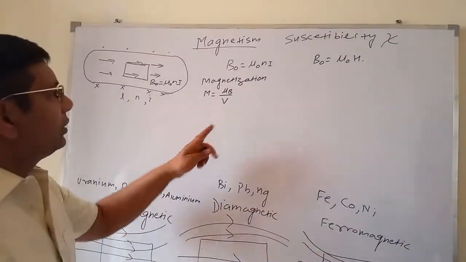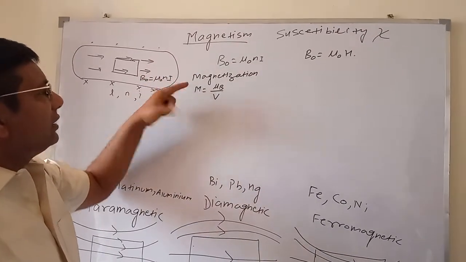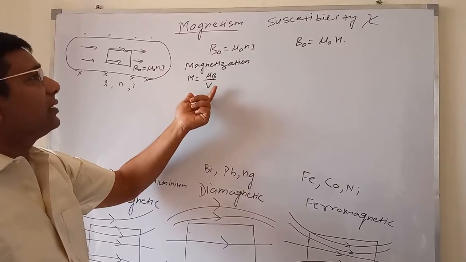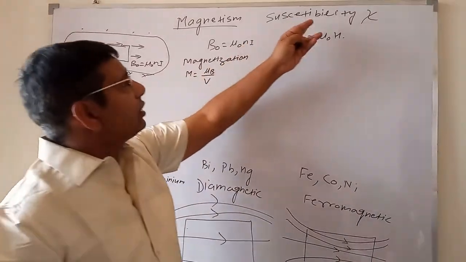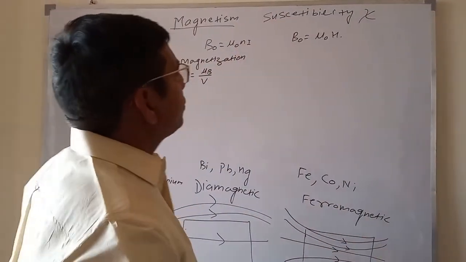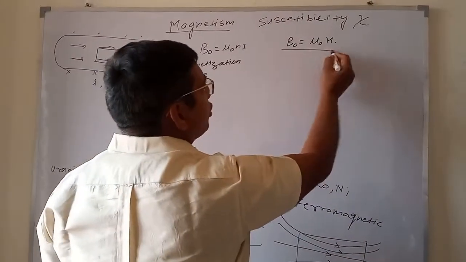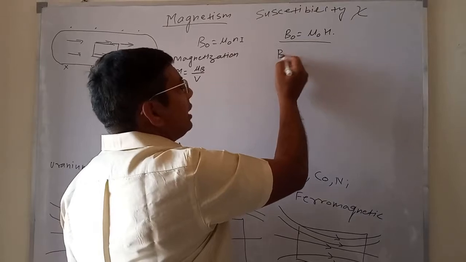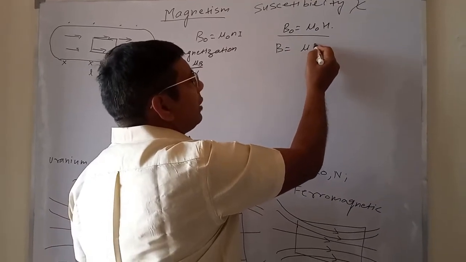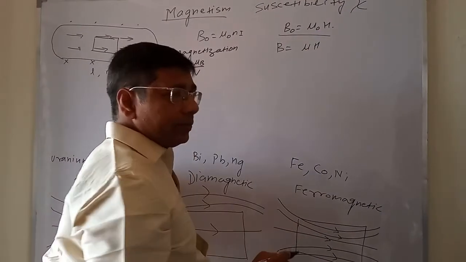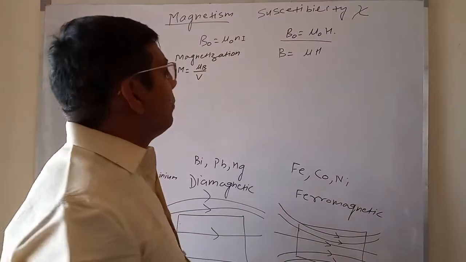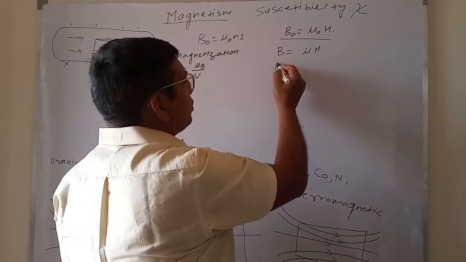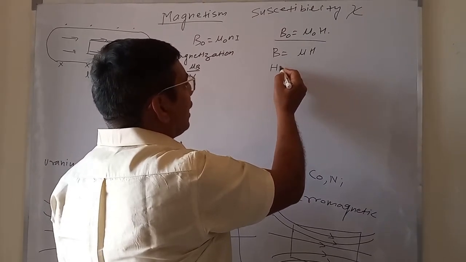Okay. So what does this say? This gives us information about how much the medium is magnetized, right? So we can define it here. Now we again come to susceptibility. Here B naught is equal to mu naught H when there was no medium. When we have a medium, mu naught is replaced by mu. Okay. So what is the mu here?